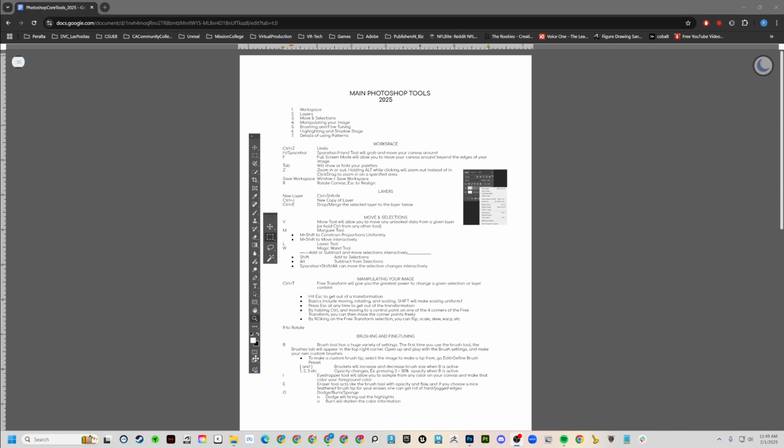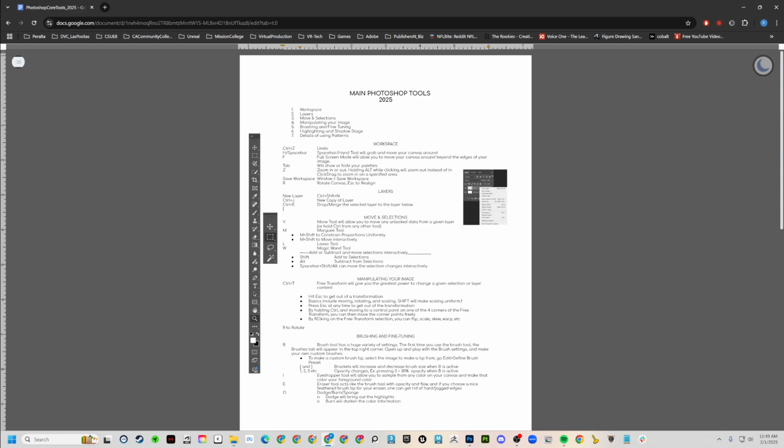Here is the main toolbar on the left, which thank goodness over the 20 plus years I've been using this, it hasn't changed all that much. There's a few new icons and tools. But I think the way I have this laid out here, we're going to go through just the basic workspace. So you have your shortcut keys on this dock, which will help a lot. You should take your own notes as you learn this program and become a shortcut keys Photoshop ninja in the